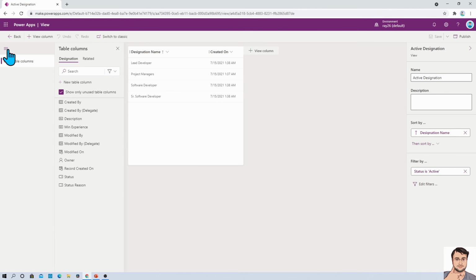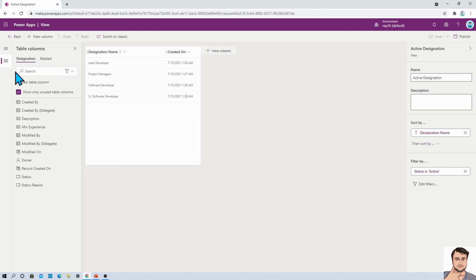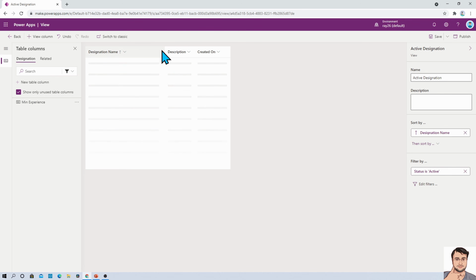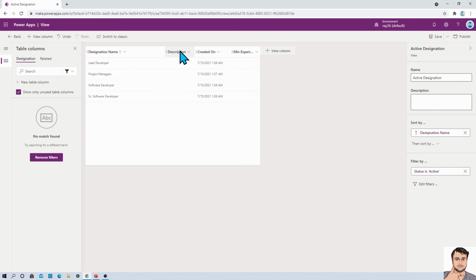Let me click here and configure the different fields. Here on the right hand side, you are able to see different fields that are available for that view. Let me just filter by custom, so I would only have the custom columns that I created here. Now with designation, I want to add description. So let's add that. And minimum experience, let's click on that. So it has added this column. Now I need the minimum experience column here, so you can simply drag and drop to move the columns over here.